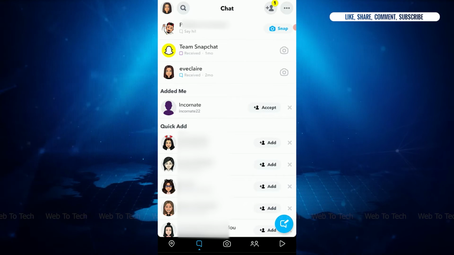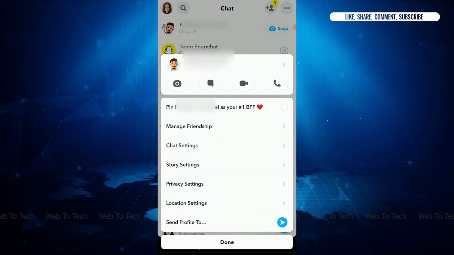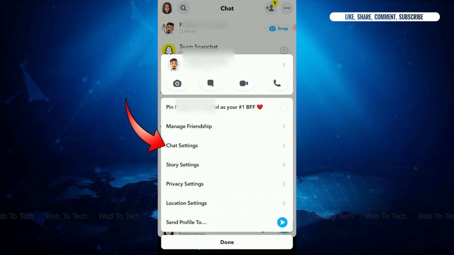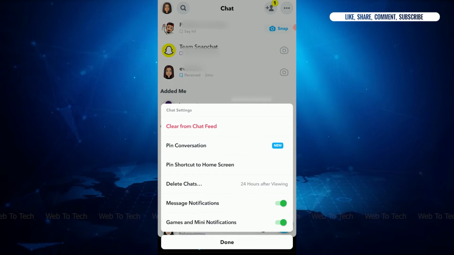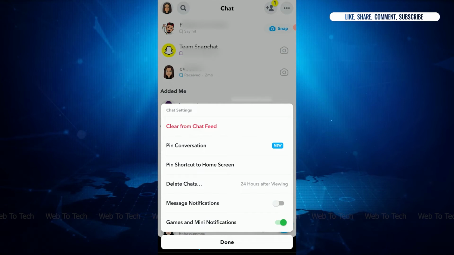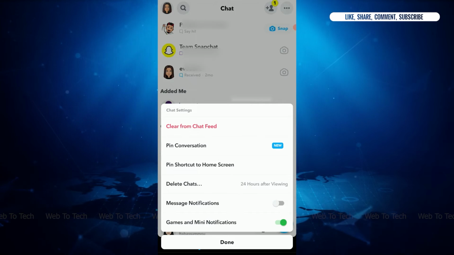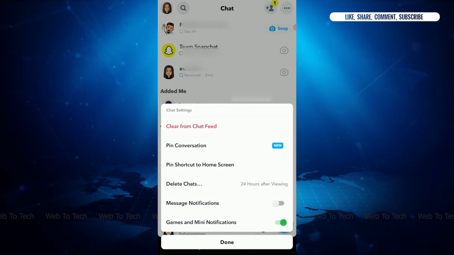For that, tap and hold the conversation to reveal some options. From the options that pop up, you need to tap on chat settings. Inside chat settings, you need to tap on the message notification. Tap that and the toggle will move to the left side. This way you have chosen the silent option for the notification, which means you will no longer receive calls from